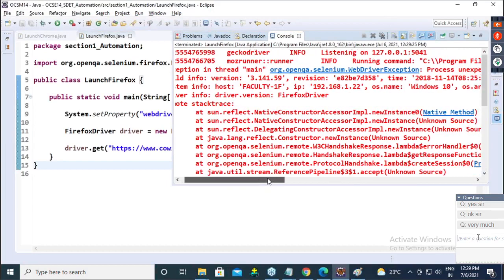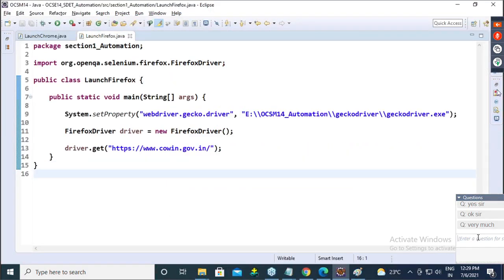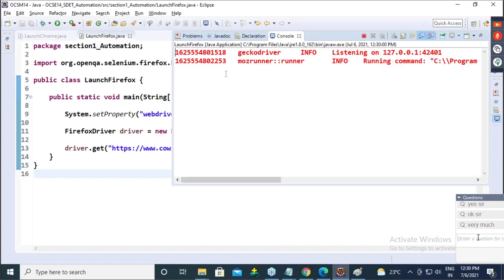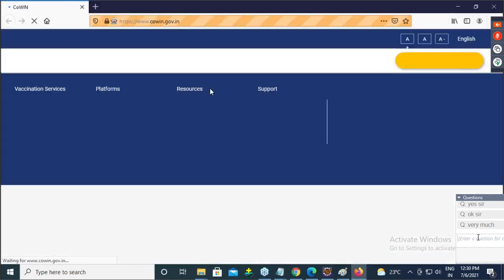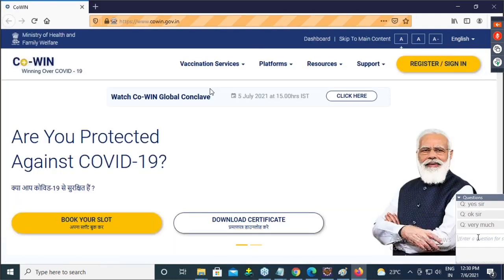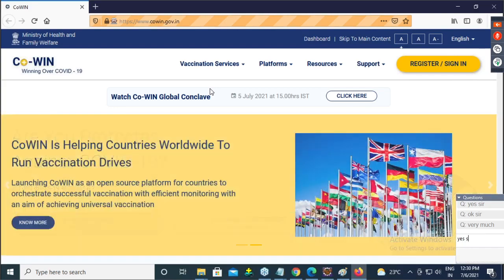Guys, maybe some internal configuration error. Let me run one more time. I'm not making any changes. Sometimes such issues happen in Firefox, guys. Okay. See, now it is working. Everyone, see, launch Firefox, open Cowin website.